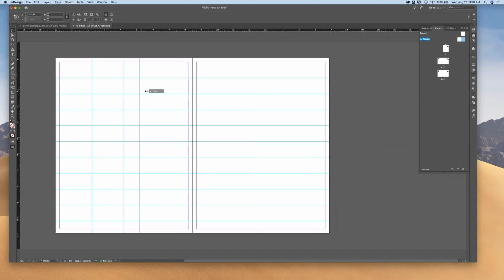This is at 4.25, so we'll go to 6.25. There we are. I can always forget about that margin, right? So maybe I start there with the sort of way to order this stuff. So this is at 8.75, 10.75. So I'll make this a sort of 2 inch grid going in columns here. You don't have to go overkill and make a grid on everything and just keep subdividing endlessly, but